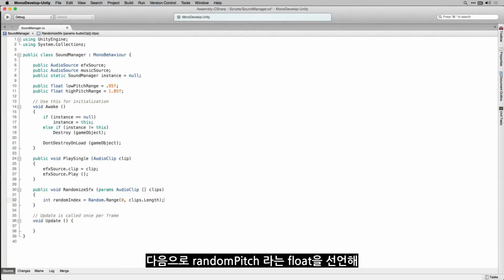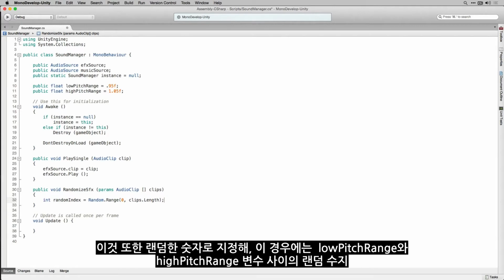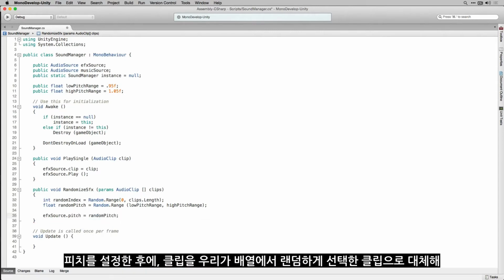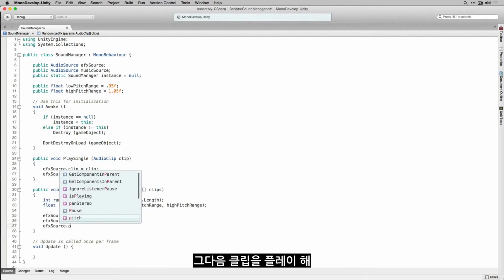Next, we're going to declare a float called random pitch and set it to equal another random number, in this case with the range being between our low pitch range and high pitch range variables. Then, we're going to set the pitch of effects source to random pitch. After setting the pitch, we're going to set the clip to our random index choice from our array clips. Then we're going to play the clip.